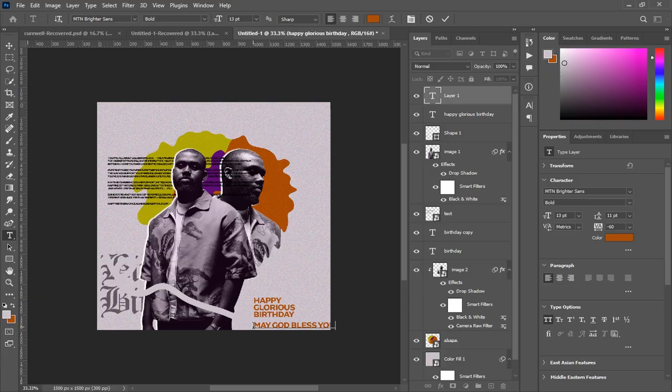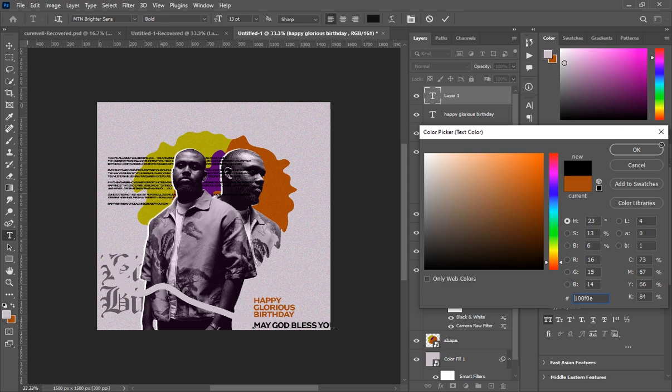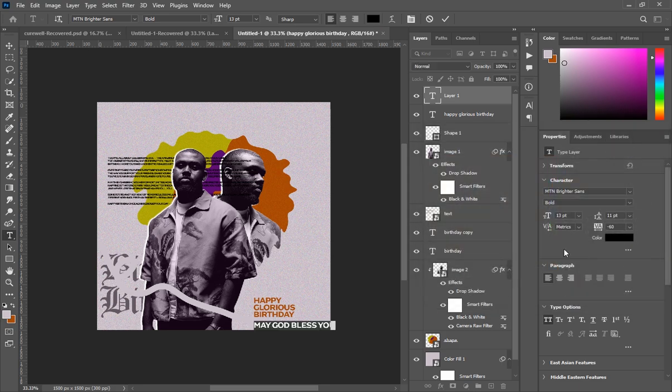Okay, with this one, just select it, change the color to black, and the font size should be decreased to about 6, right? And then the letter spacing should be increased to about 200. Okay, so the next thing is that we need to select